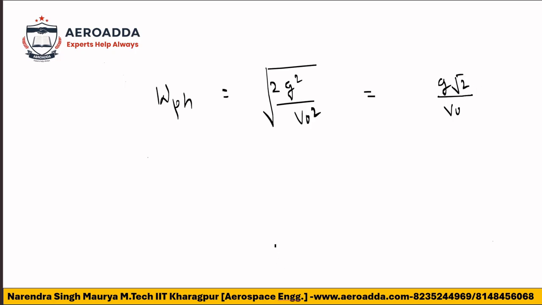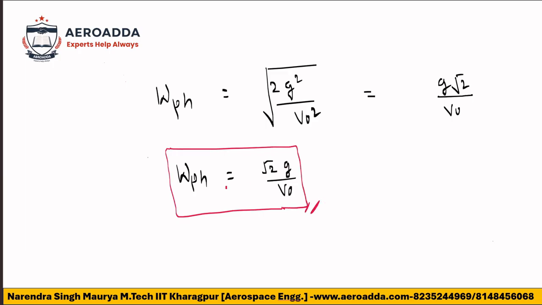See, this is the very finest formula and very useful formula from the numerical point of view. And obviously numerical will be asked based on this. So can you say this WPH, finally, the formula is nothing but root 2 times g divided by V naught. See, this is very, very special. Now you can think that the natural frequency is what